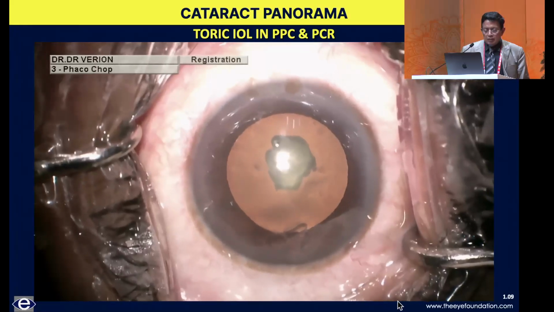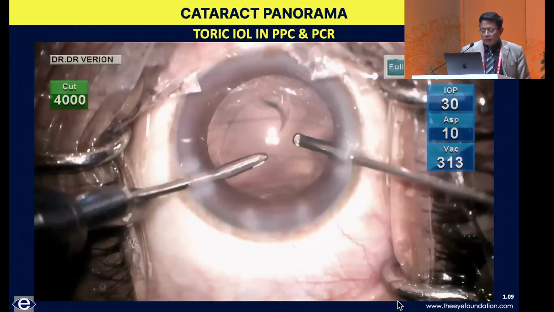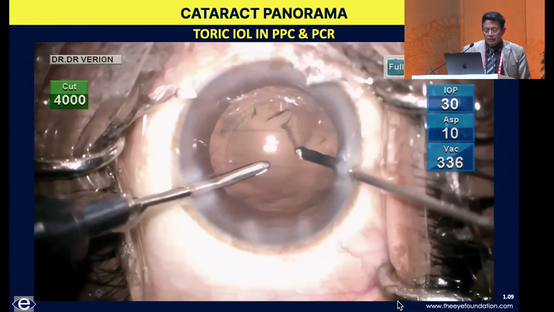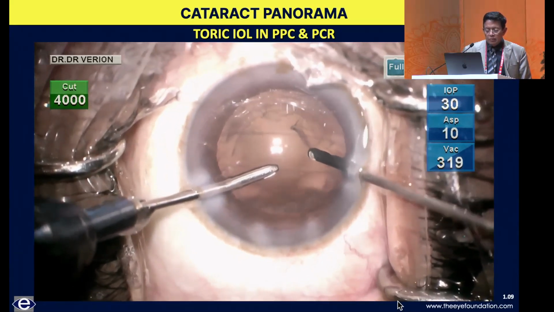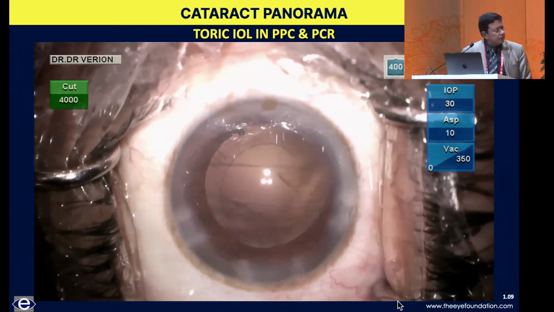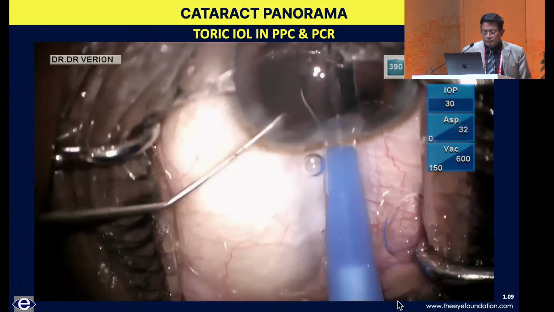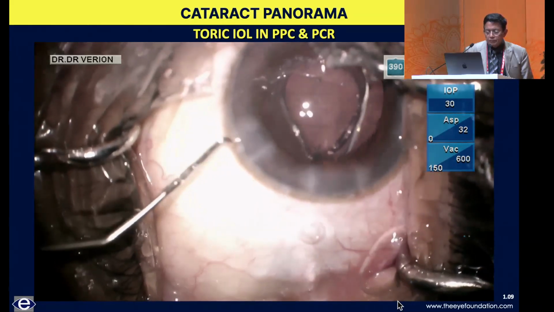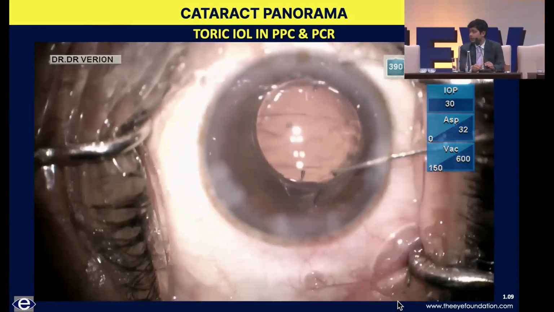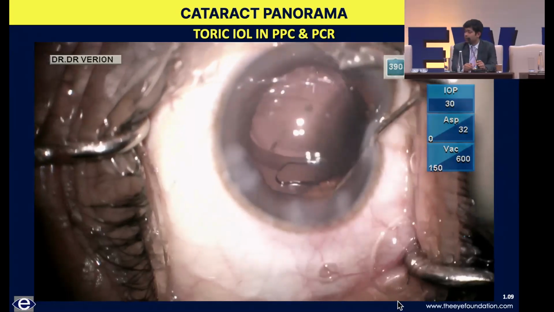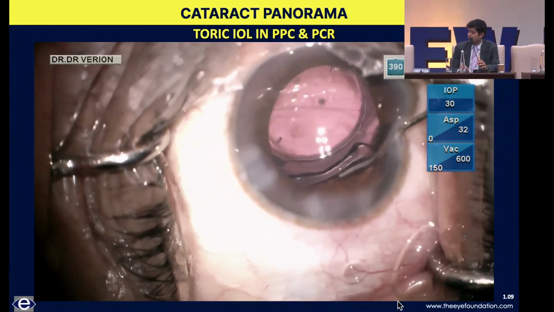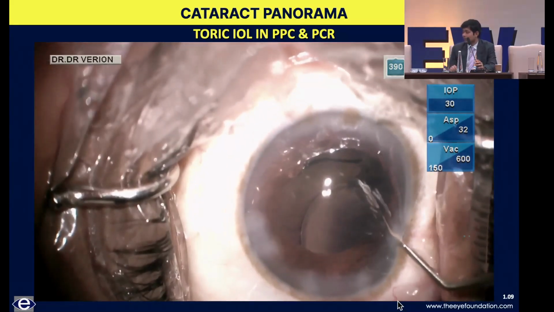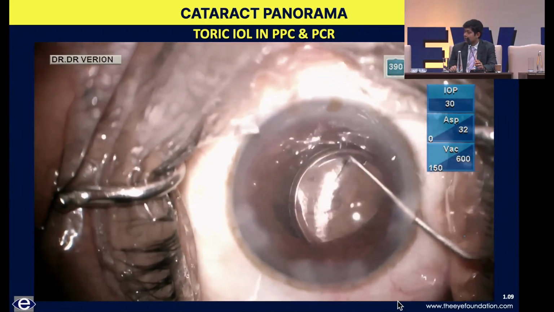I mean, this is a posterior polar cataract, and as you can see over here, there's a fairly large rent, and a good anterior vitrectomy is being done. I think in this case, as compared to the previous case where the PCR edges are quite ragged, you have sufficient support in the bag here in this kind of vertical split which you typically encounter in a PPC. So it would be possible for you to position both haptics, provided the axis of implantation is perpendicular to the